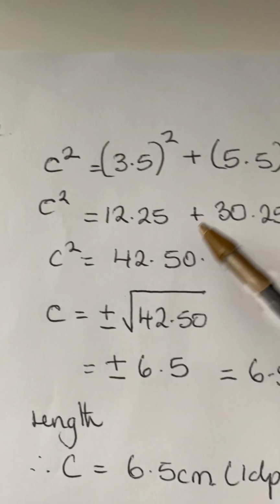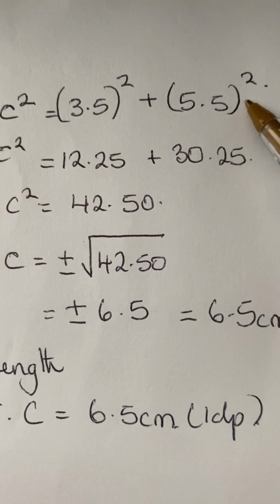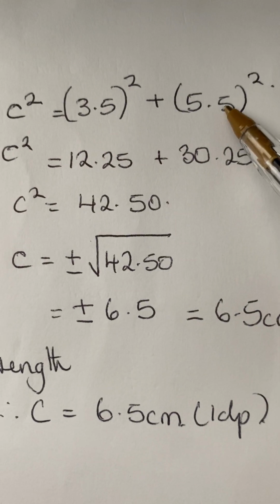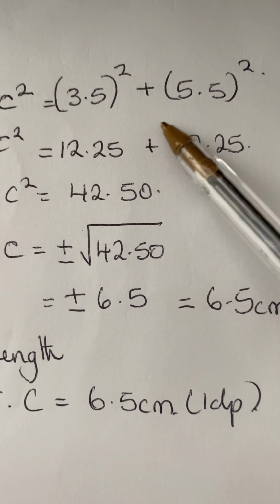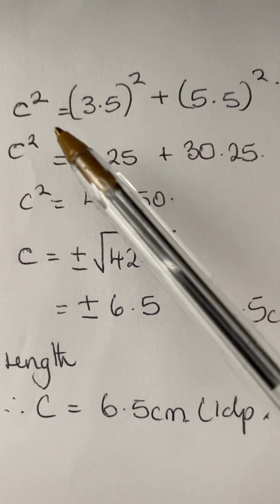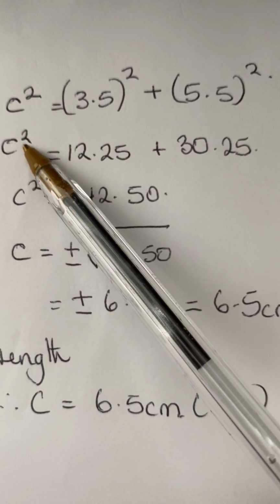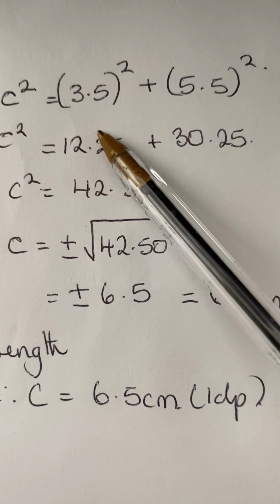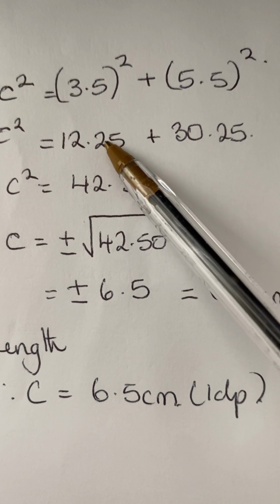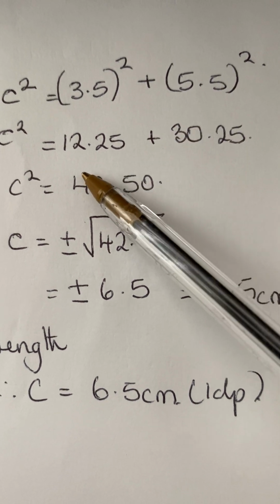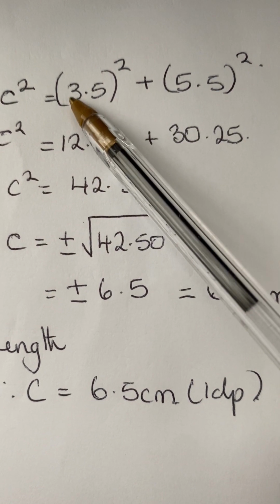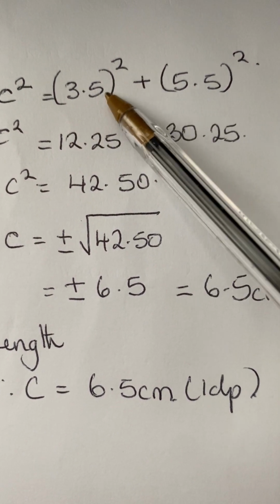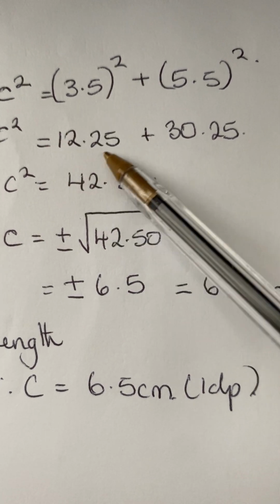This is what I have here, from the formula that Pythagoras gave us. So C squared, if it's in the calculator paper, then you have to use this. So equals 3.5 squared, which will give you